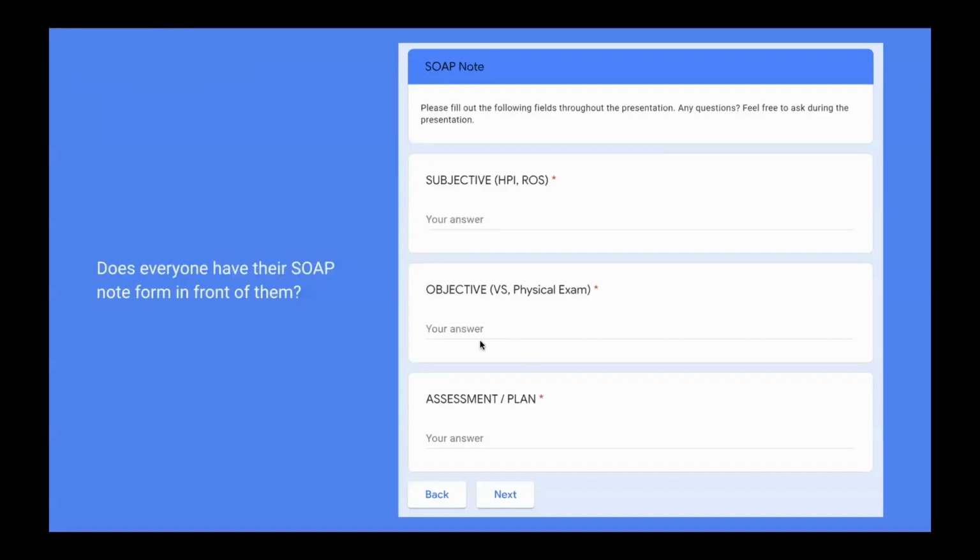So this is the SOAP note. I usually like to go through quickly and just make sure that everyone's on the same page about what the SOAP note is and what each of the sections represents. So quickly, I know some of you have been here before. I don't want to be tedious, but can someone just tell me quickly what types of things will go into the subjective part of the SOAP note? I know it's a little tedious. Yeah, exactly. Thank you, Seema.